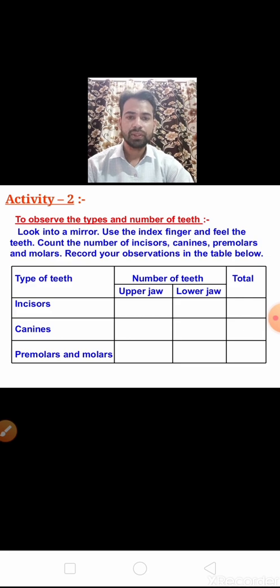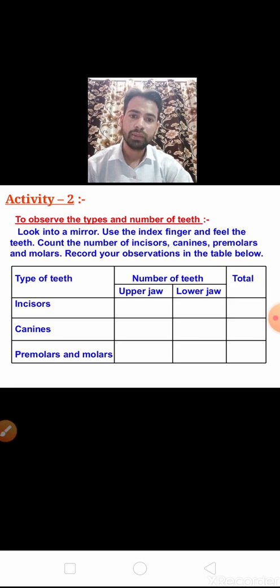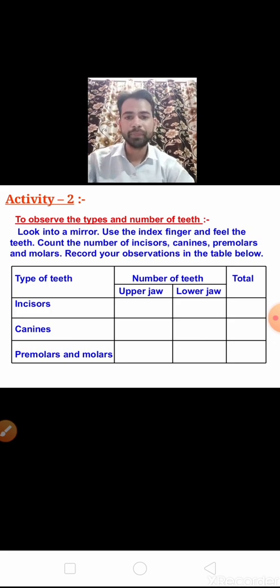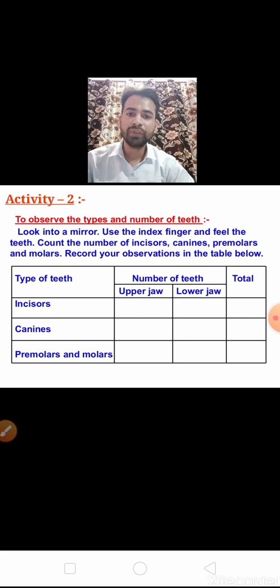Children, you know very well we have 32 teeth and 4 types of teeth. For example, we have incisors, canines, premolars and molars. So 4 types of teeth we have and the total number is 32. So children, what do we have to do in this activity? To observe the type of teeth and their number. Okay. Procedure: